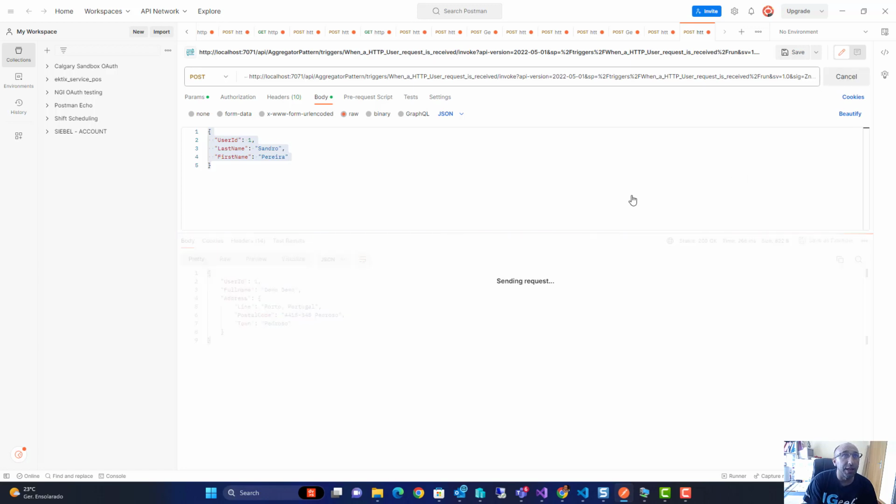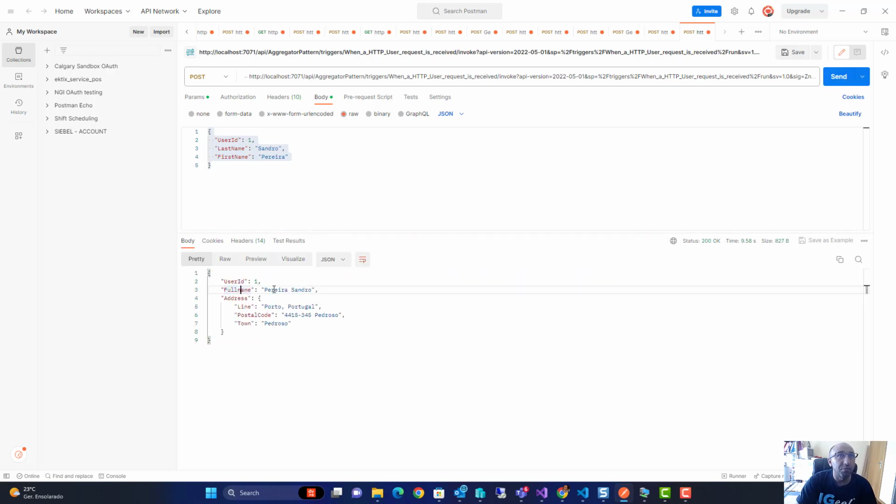what it's going to do is, bear with me a second, and you see that user ID 1, full name Pereira Sandro, address is Porto, Portugal, postal code that is Pedroso, and town Pedroso. So I did an aggregation pattern using the data mapper. Okay,